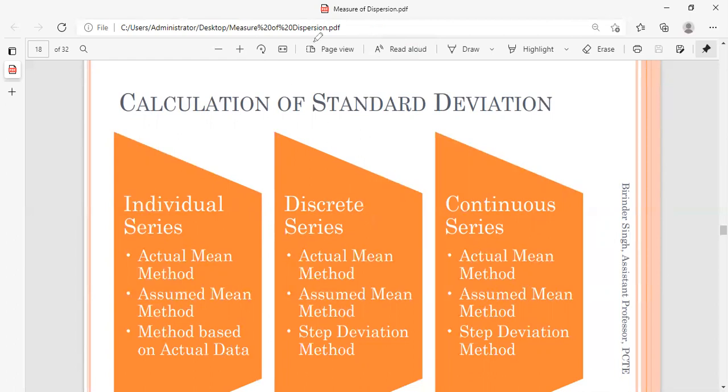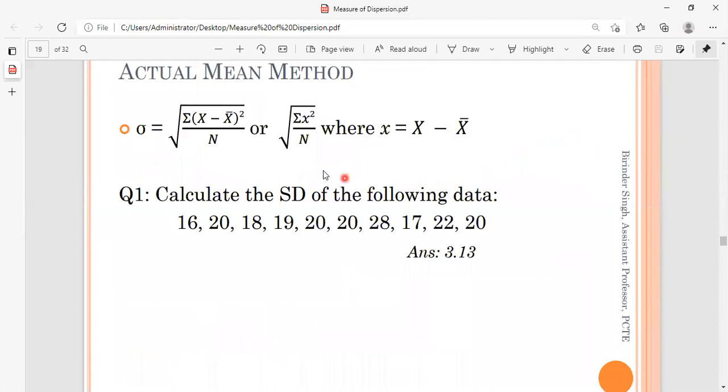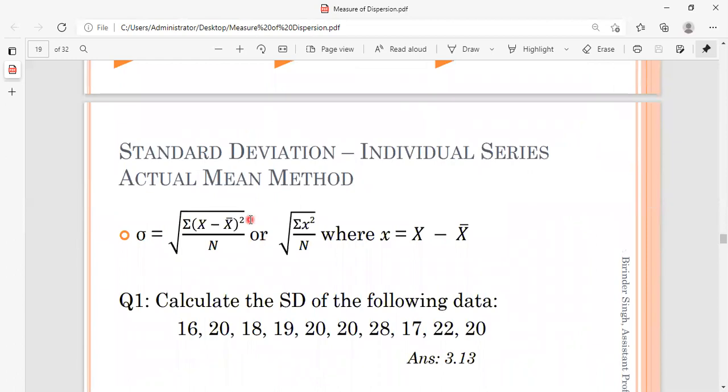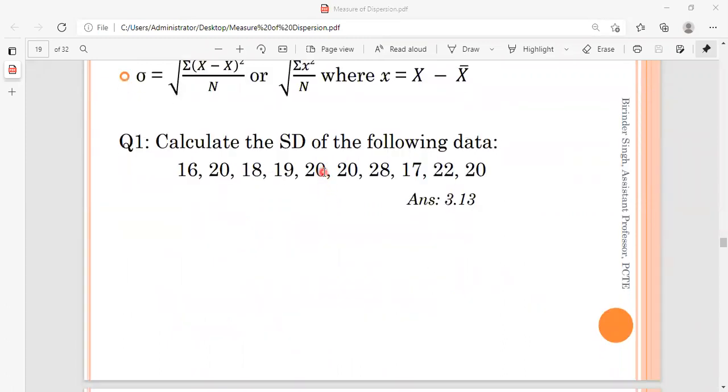Let me move ahead and display the formula to be used for the computation of standard deviation in case of individual frequency distribution, discrete frequency distribution, and continuous frequency distribution. So this is the formula to compute standard deviation in case of the individual frequency distribution. We have already talked about the meanings of the symbols used here. For more clarification, let us go quickly to the example.